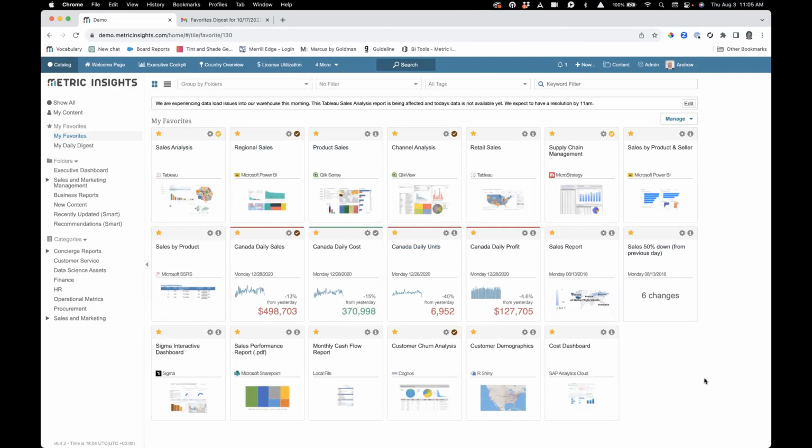And we'll look at how this content actually got in here in a minute. But essentially, the idea behind the catalog is that we can curate out of all that content that Zoe touched on, connecting to multiple sources, thousands of reports out there. Out of that content, we want to curate the reports and dashboards and metrics that we want users actually engaging with. So what you're looking at here is the end result of that, where each of these tiles